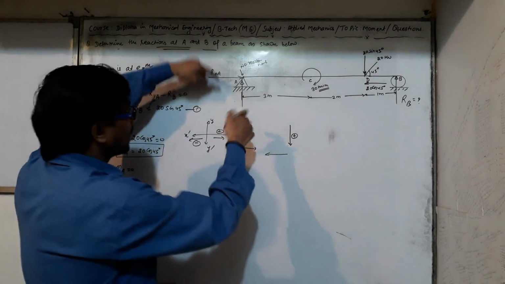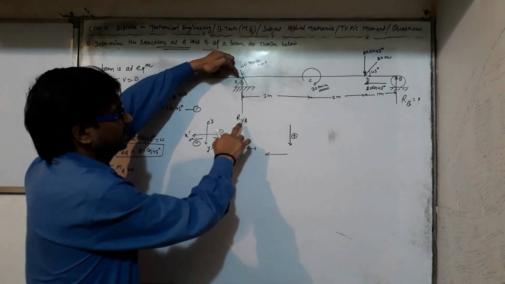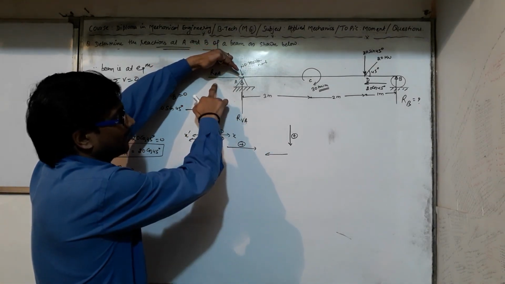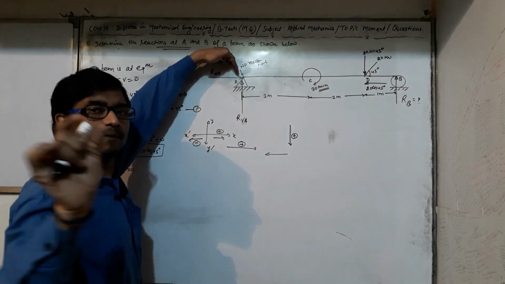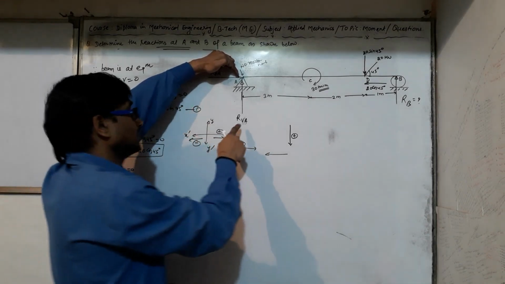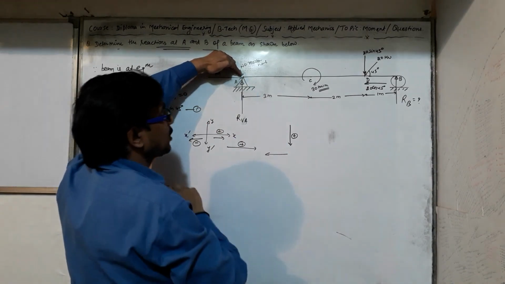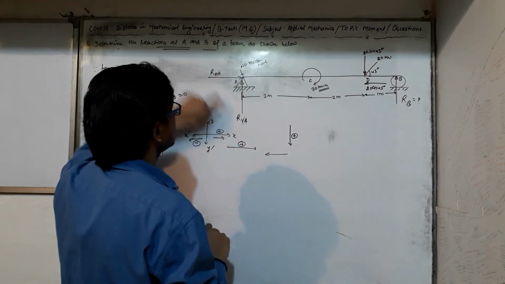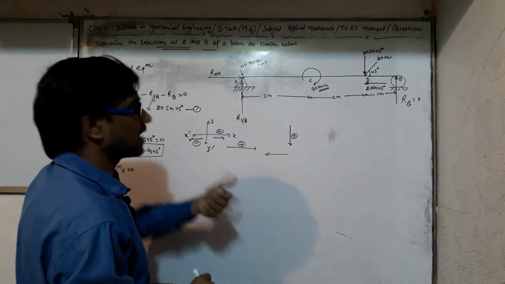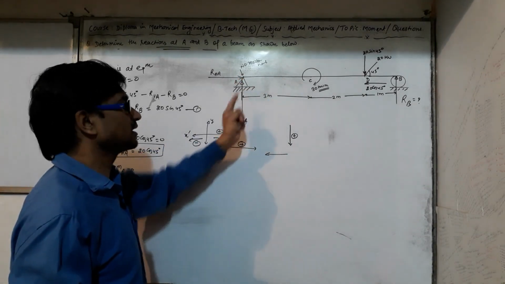Now we have taken A as the moment center. So the vertical reaction force and horizontal reaction force at point A are passing through the moment center. There is no perpendicular distance, or the perpendicular distance is 0. So the moment effect due to these forces is equal to 0 at this point. So we cannot take the moments due to these two forces. Why? Because their moment effect about this point A is equal to 0.